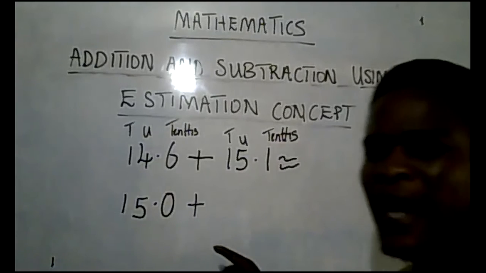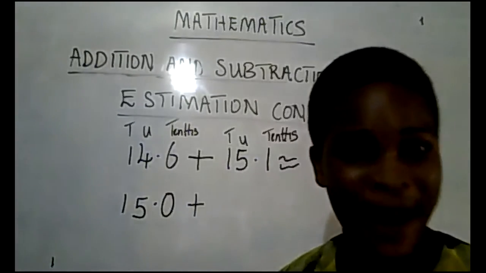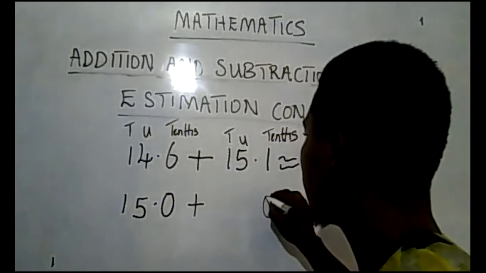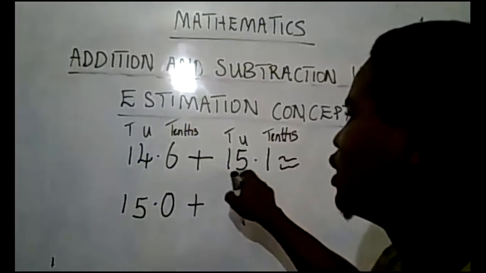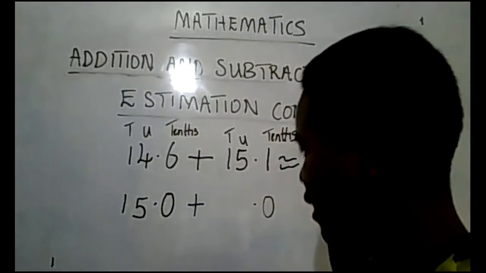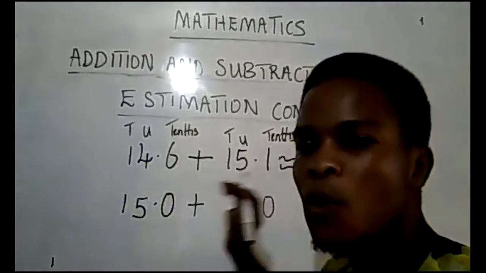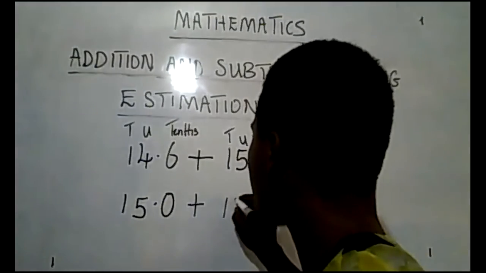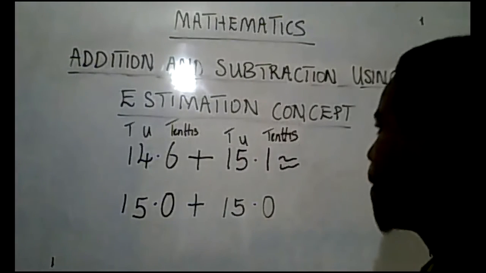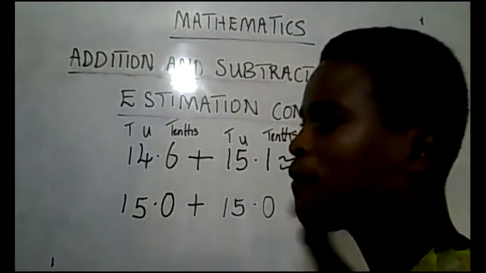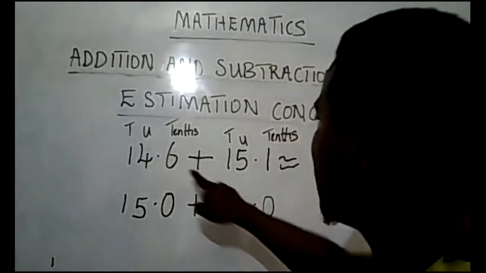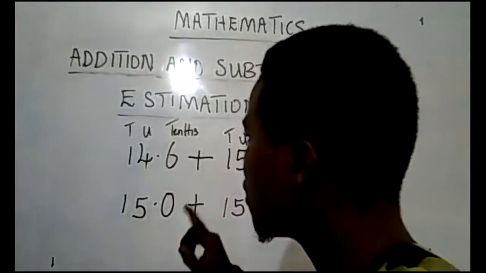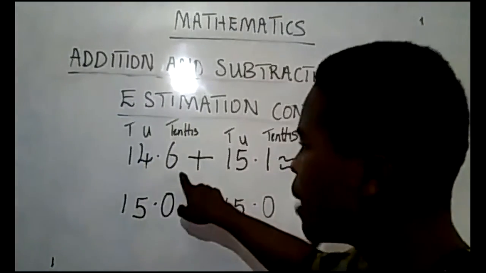And they said if the number in the 10th place is not up to 5, what were you asked to do? You were asked to change the number to 0 and leave the numbers before the decimal the way they are. You don't touch the number before the decimal. That is, 15 will remain constant. No change. Why? Because the number in the 10th place is not up to 5. Take note of that. The first one we did was 6, 14.6. Now we are adding 1 to 4 because 6 is up to 5, and which invariably gives us what?